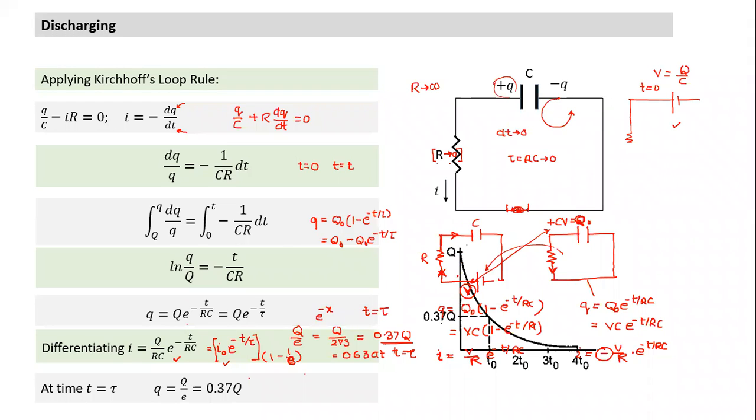So, sir, much charge transfer has taken place in 0 time. If charge transfer takes place in almost 0 time, what is the current? Current tends to infinite, sir. Infinite. Current will tend to infinity if R tends to 0. Is that difficult, Disha? No, sir. Okay, so I hope you are clear. And what happens if R is tending to infinity, extremely large resistance? Have you understood, Disha, the point?